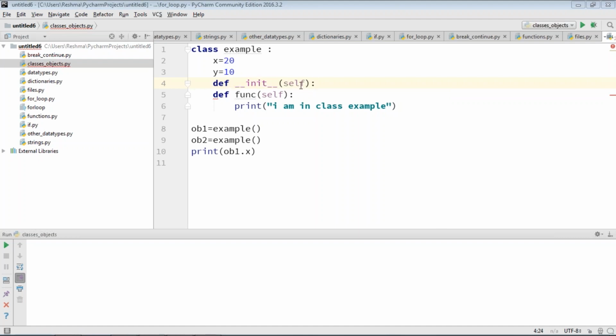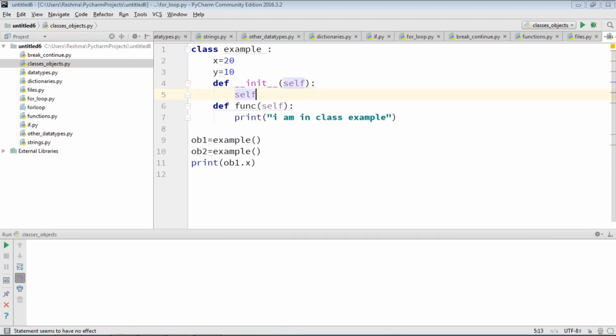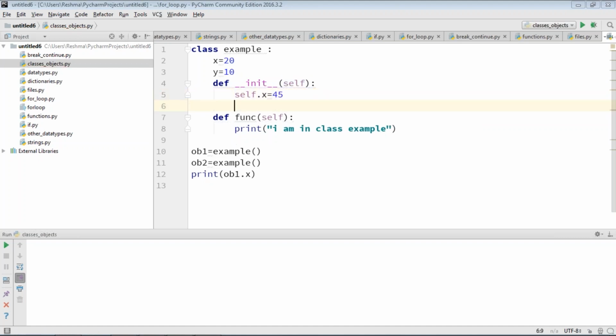I'm passing self here because my object that is going to get created is going to be passed as a reference or as an argument. So whatever object I'll be creating over here, this will get passed as an argument here. Now let me just initialize those values. Let's say self.x is 45 and